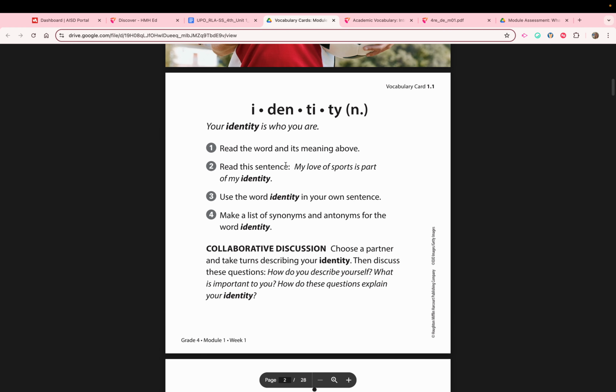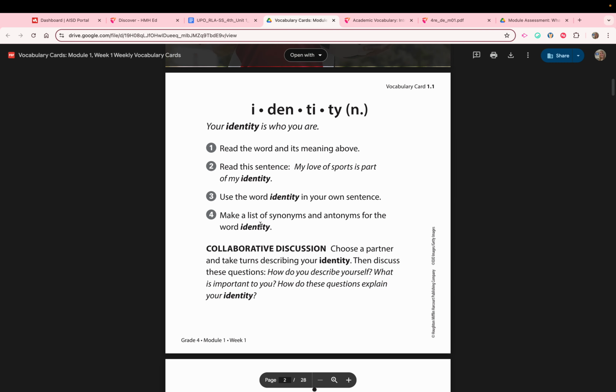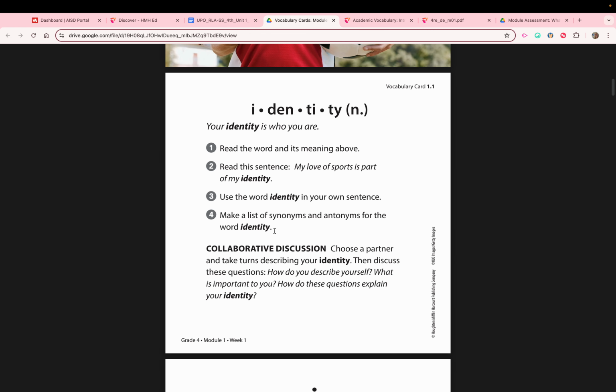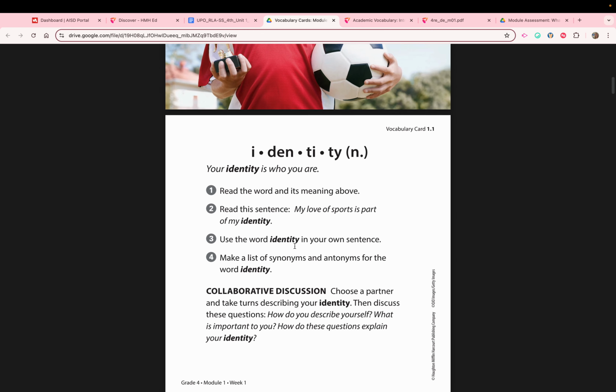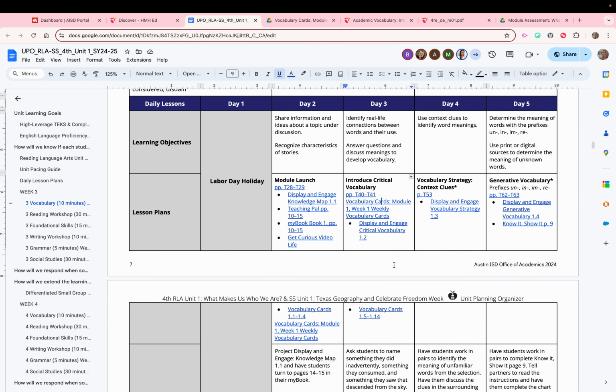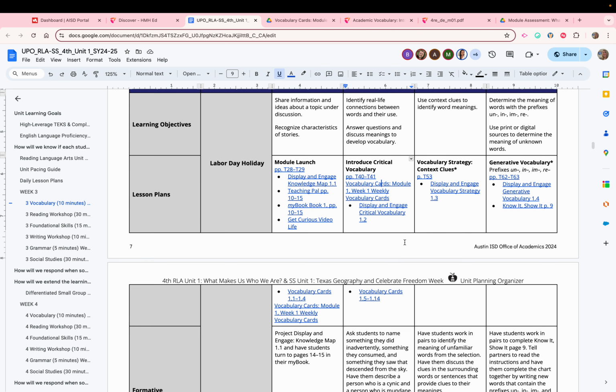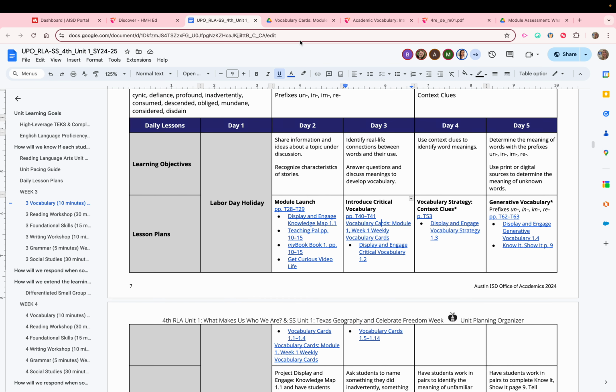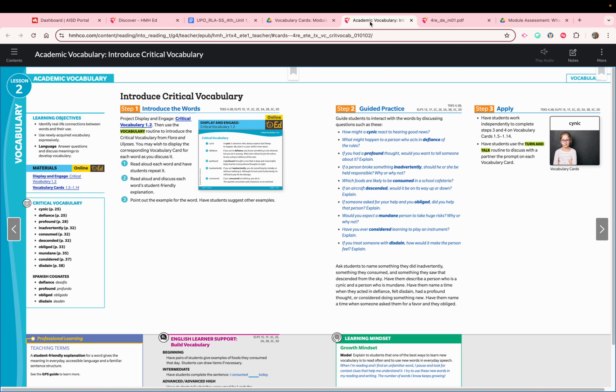And this is what they were having students do. It says steps 3 and 4. Use the word identity in your own sentence. Make a list of synonyms and antonyms for the word identity. So this is just another activity that students can do to engage with vocabulary, and it can become part of that station. Okay, so as we go, I want to go back and look at the HMH page